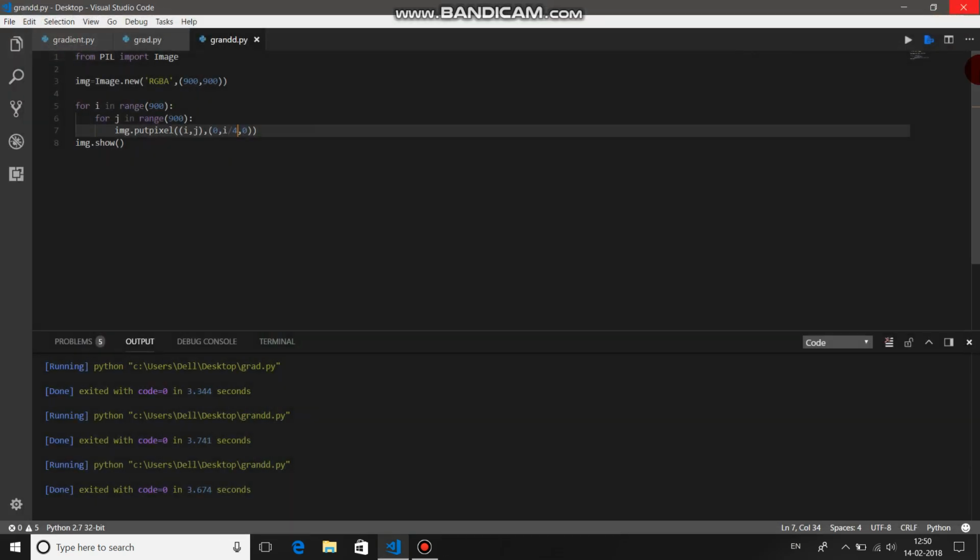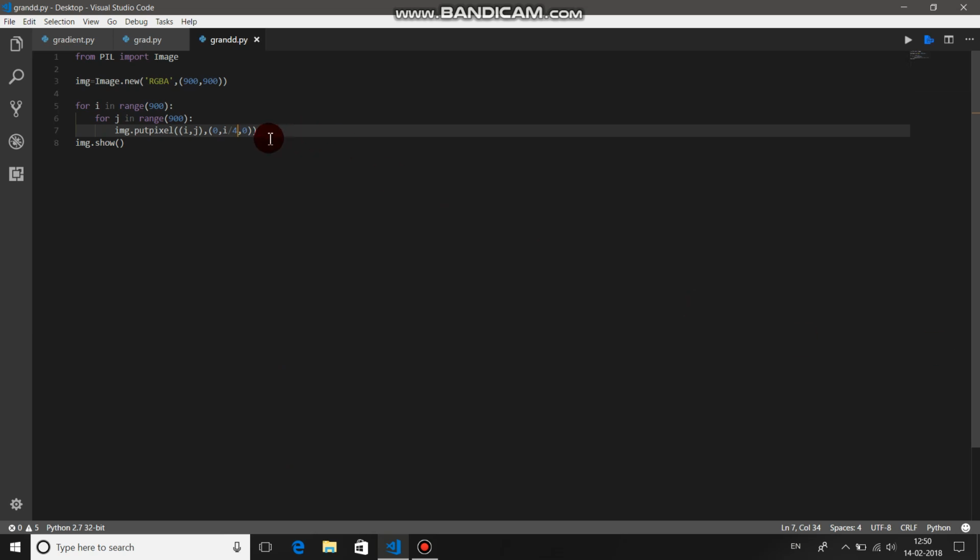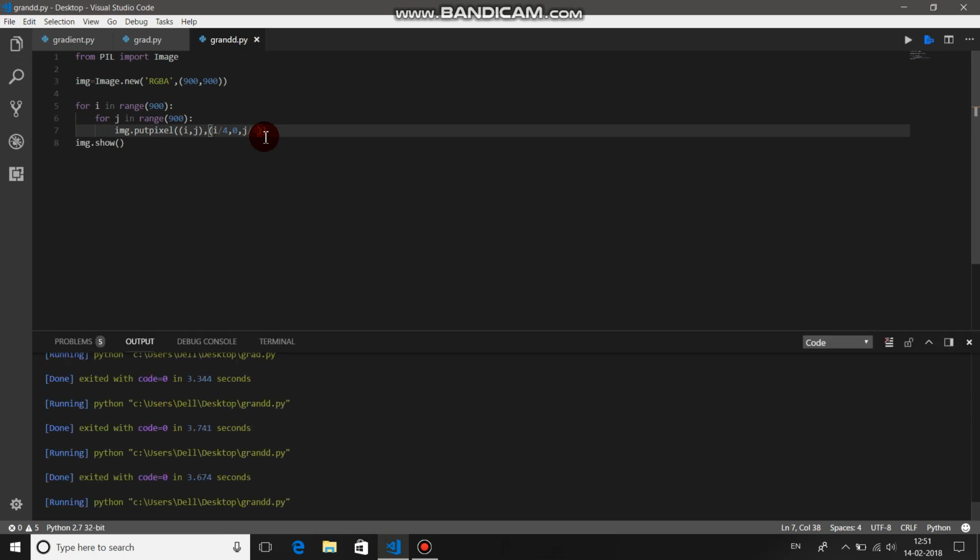So let's do some cool stuff with this knowledge. Let's give red as the horizontal one, that is i divided by 4. Then just make the next one 0, and give the last one as the vertical one, that is j divided by 4. You can use any permutation and combination. Yes, it's working very well. From left to right the intensity of red is increasing, from top to bottom the intensity of blue is increasing,